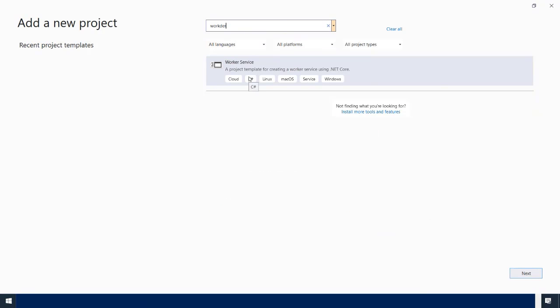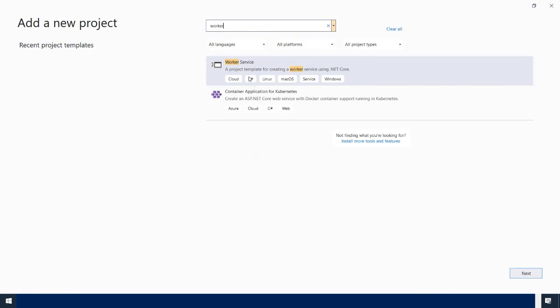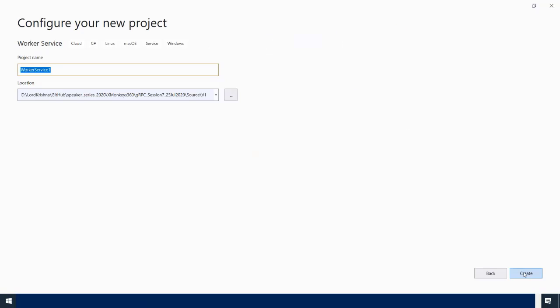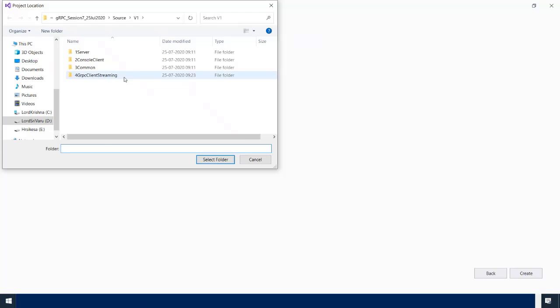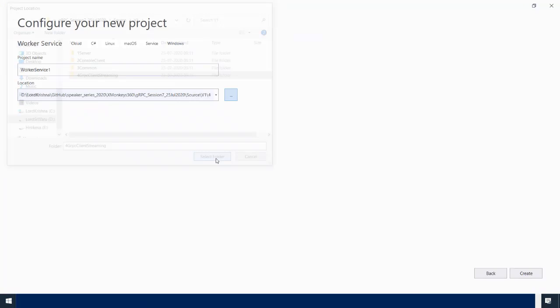I want the worker service of C# flavor. So select this C# flavor, and I'll come in here. I want that to be in this.